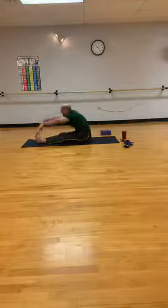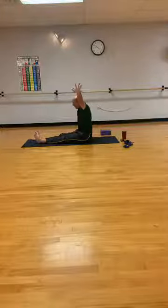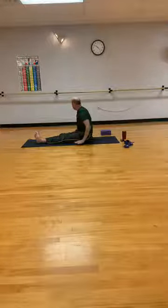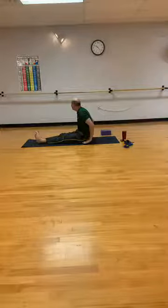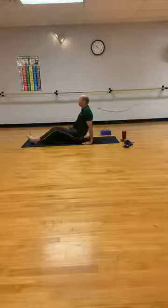We're going to release your arms up overhead. As you exhale, palms turn out, stretch your arms out, and lengthen through the fingers here. We're going to bring the hands right next to the hips here. Place the heel of the hand just behind the hips, fingertips pointing to the front of your mat. You're going to root through the palms, and with an inhale, you're going to raise the pelvis up, coming into